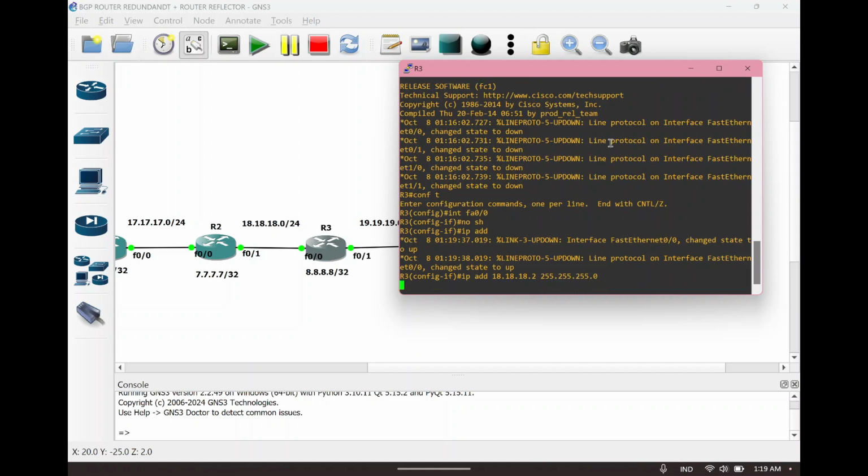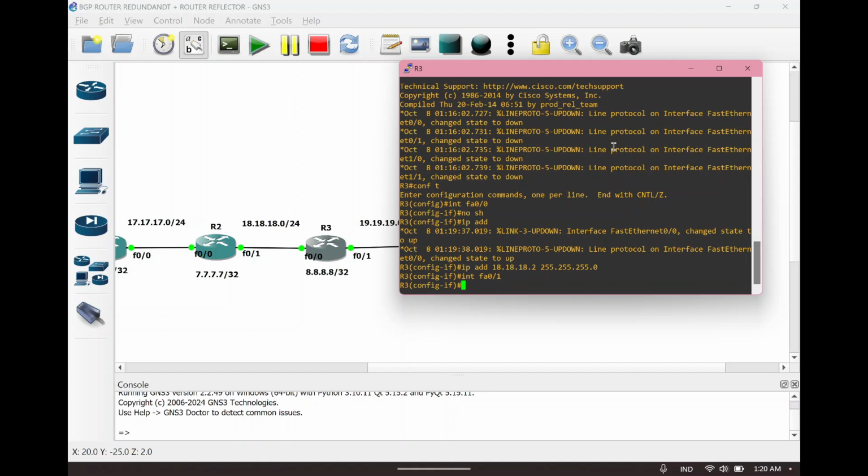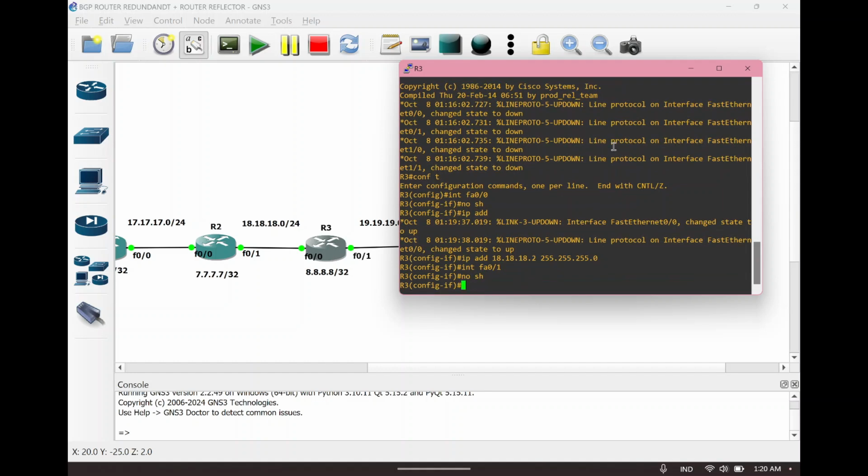So this is 18.2 because this is port number 2, connected to router number 2, and this port connects to router number 4 with IP 90.1.